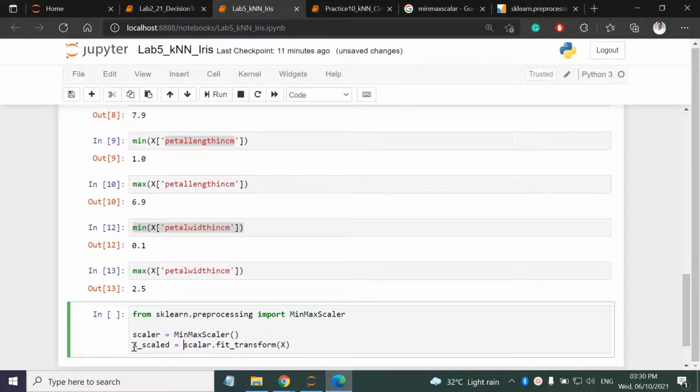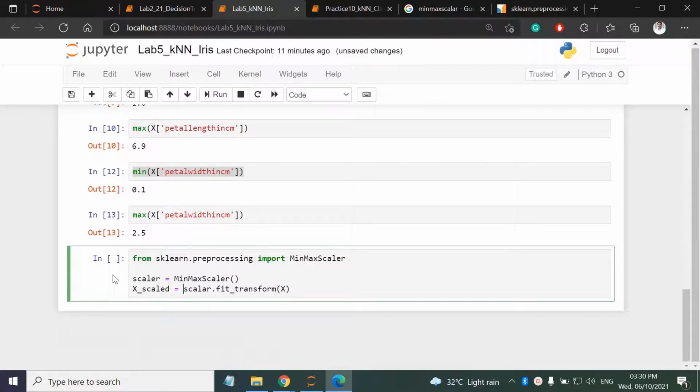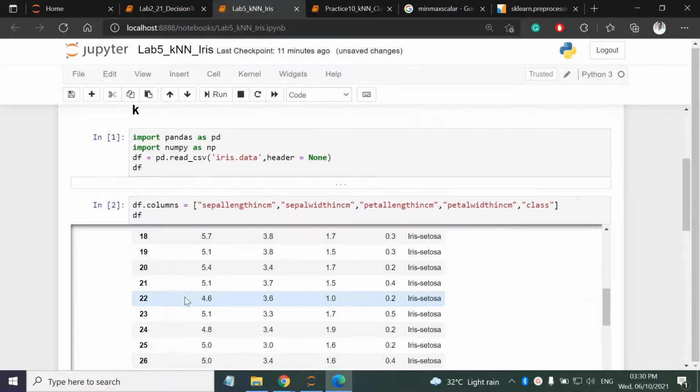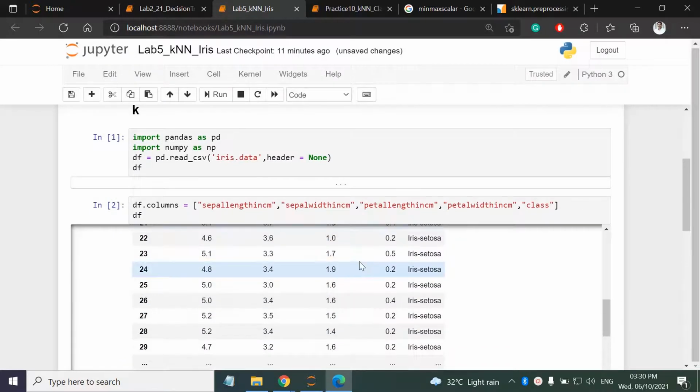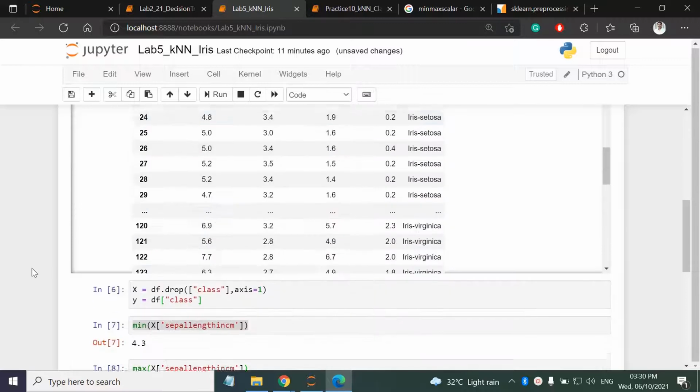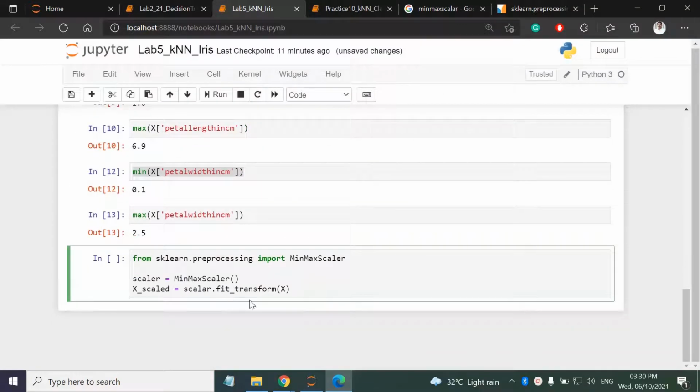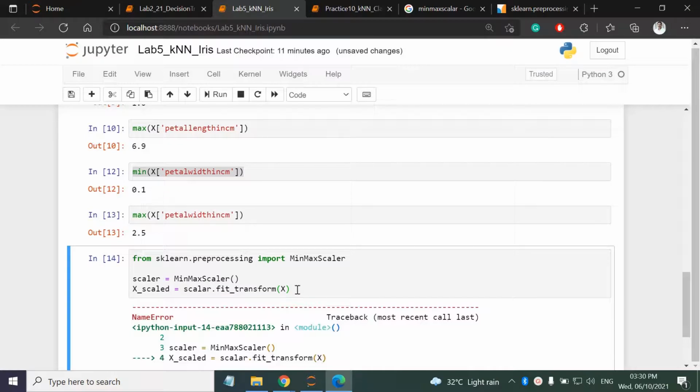What I have done, I have observed the data. I have seen one attribute has a large range and one has a very low range, right? The one with the larger range will have more impact. So that's why I am scaling the data.